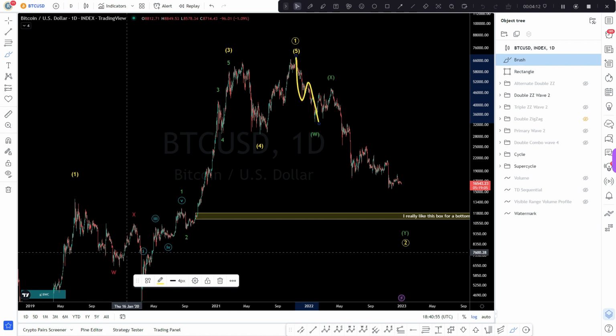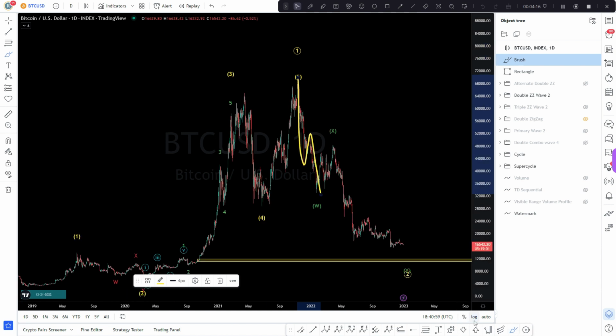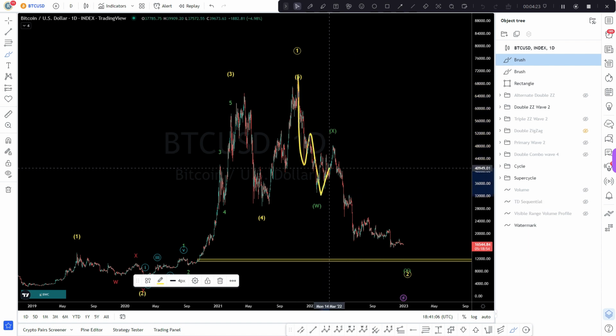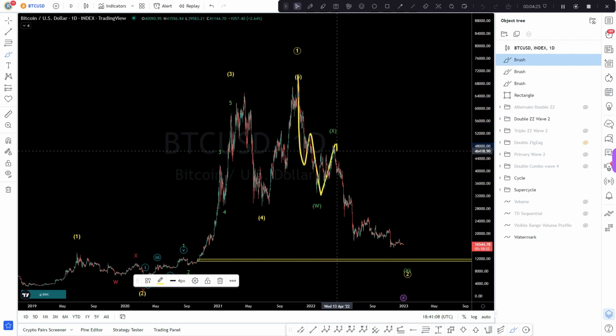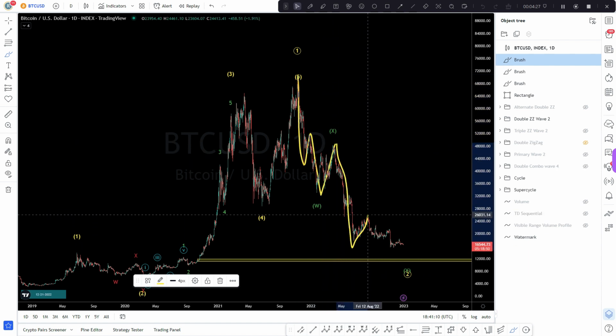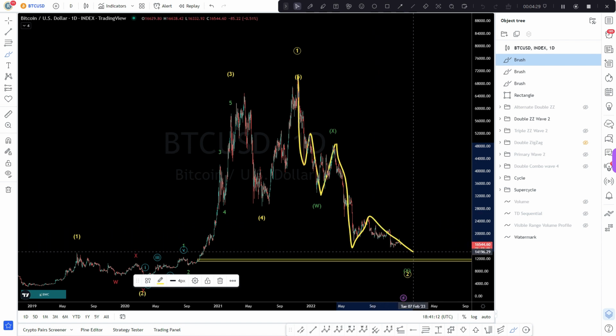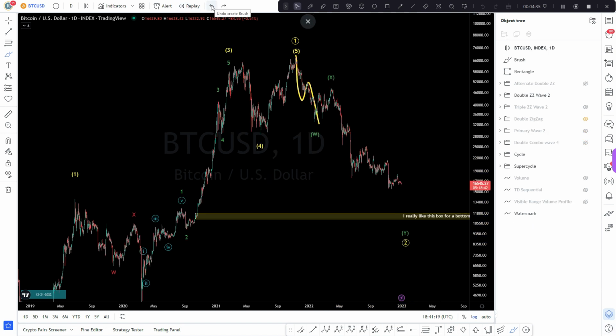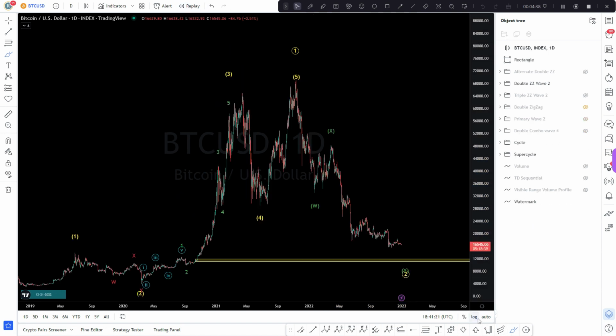Now, let me go to linear so you can look at this. Not so lopsided anymore, is it? Here's your X wave, A, B, working on the C. And as you can see as well in linear,